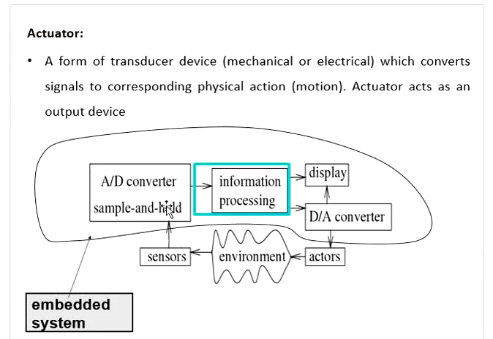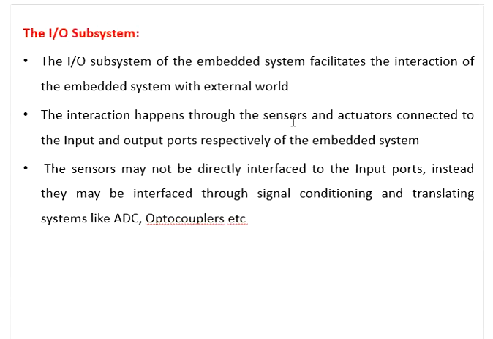So our sensors are giving the input to the embedded system, because we are telling this as an embedded system, and the output will be given to the actuator. Sorry, here the actuators' output will be given to the environment. This is a continuous process which is happening in the embedded system. Now we are going to look into the various sensors or input systems to the embedded system, and how we are getting the output from the embedded system.